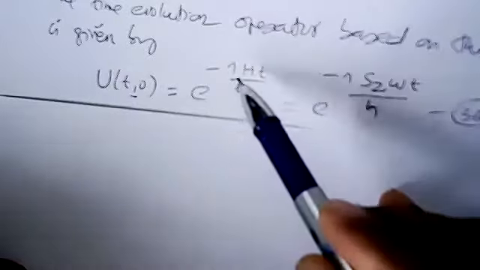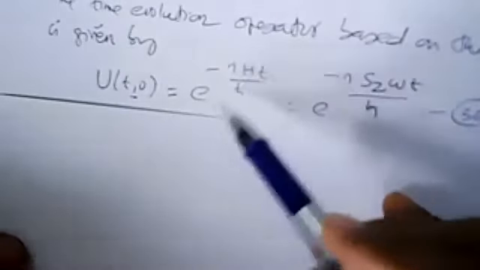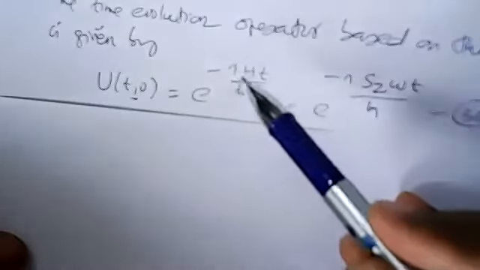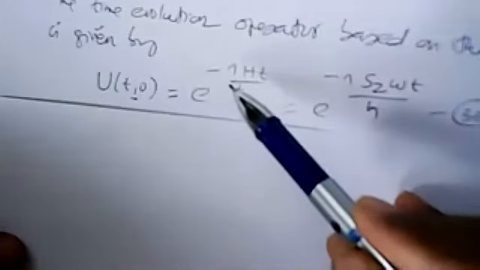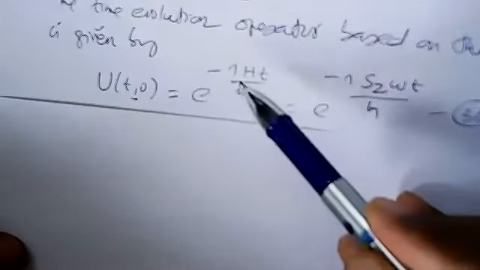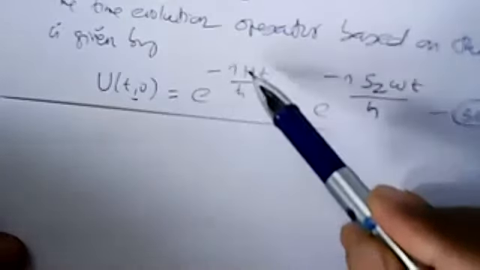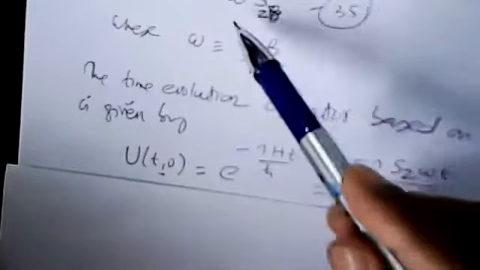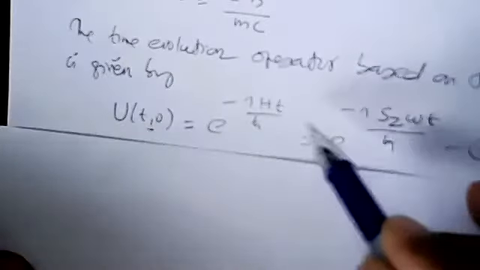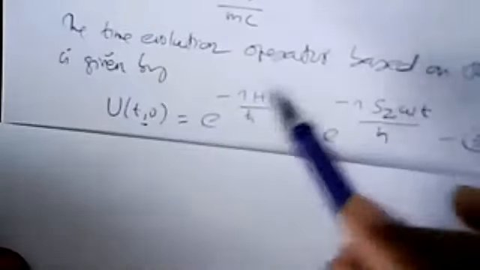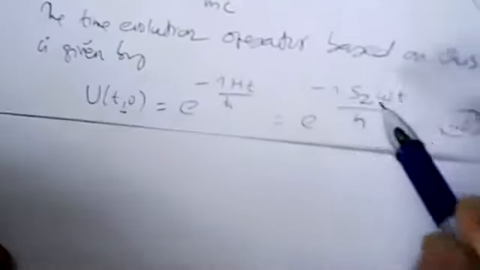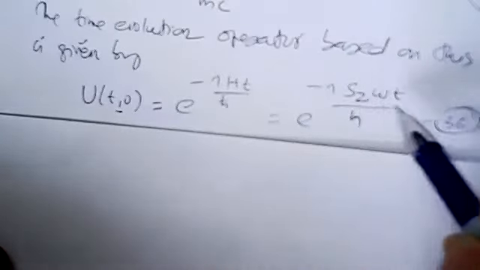Okay, and for this Hamiltonian, we have already told earlier that time translation can be done when the generator G operator is H by h cross, Hamiltonian by h cross. So instead of this H, we can write omega Sz. Okay, so there is a minus sign problem here. Well, I will check it later. So minus i into Sz omega, omega Sz t by h cross.